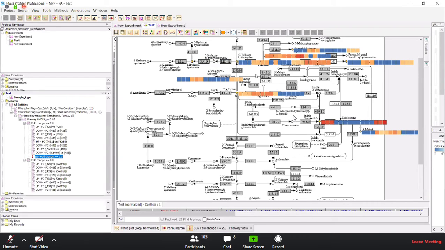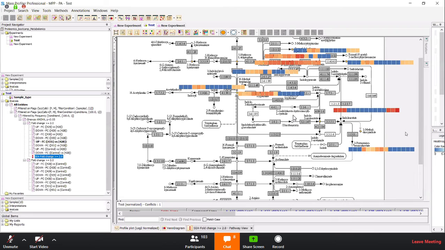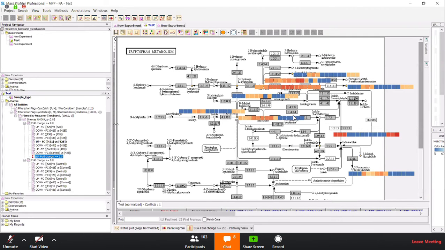So if you see, these were in duplicates, sorry, in triplicate. So you will see the same kind of abundance workflow. The heat plot here shows you that blue means it is downregulated, red means it is highly abundant. So these are some of the compounds which are upregulated or downregulated in the pathway. So if you see here, like this 3-methyl dioxidal, this is upregulated. So this is for tryptophan metabolism.